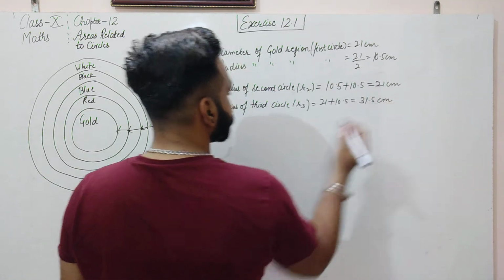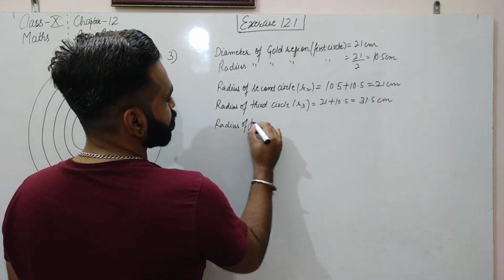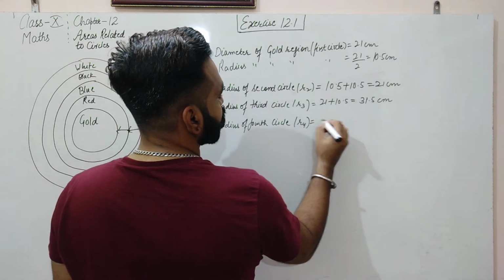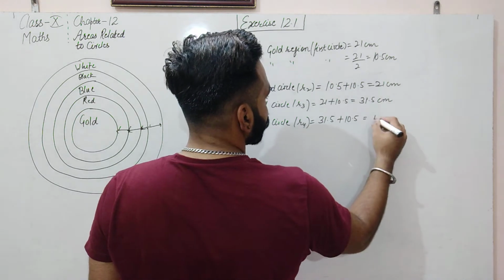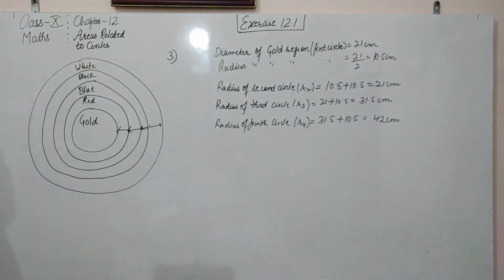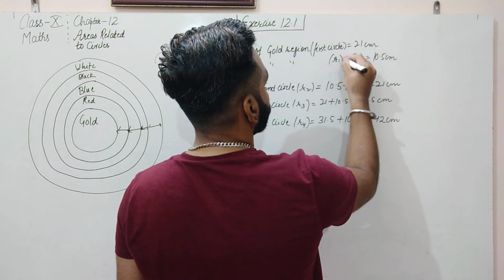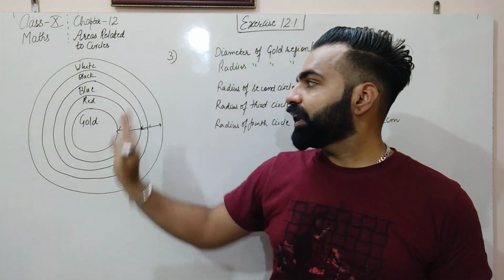31.5 centimeter. Radius of fourth circle R4, 31.5 plus 10.5, that is 42 centimeter. So in this way we can find the radius of the different circles. So let us say the first circle's radius was R1. This is R1. Now we have to find the area of the different regions, that is white, black, blue, red